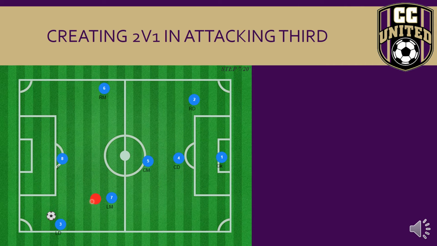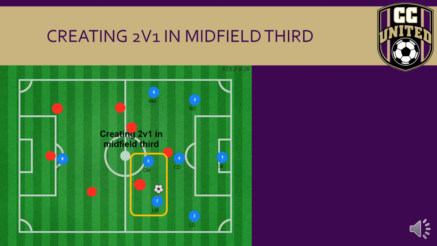If the player stays with the midfielder, then our fullback is in. Also, one other thing is for them to create a 2v1 in the midfield third. So here 7, our left midfielder, has received a pass. We have our centre midfielder making 2v1 in,